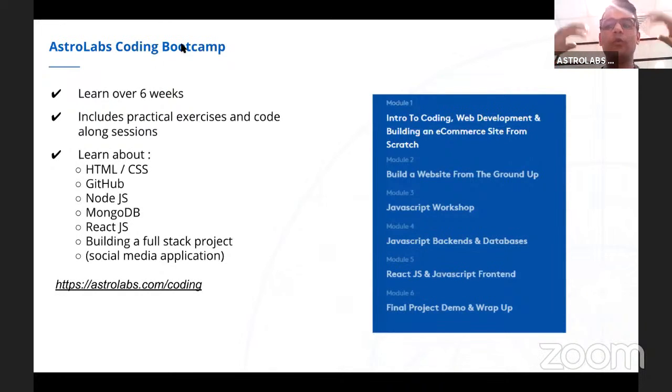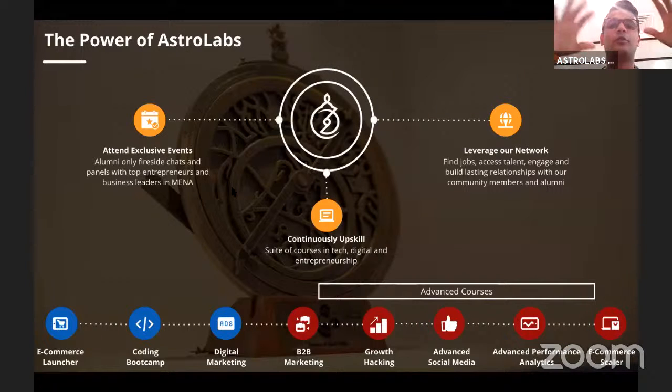We do a whole bunch of things at Astral Labs. The four major topics under the umbrella: number one, we help companies start businesses in Dubai by getting the licensing, and in Saudi as well, and obviously the co-working space that we have in GLT.